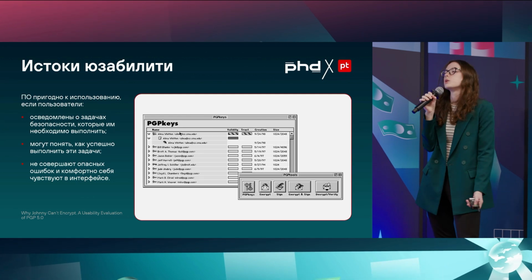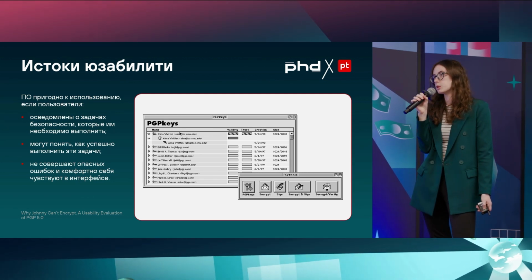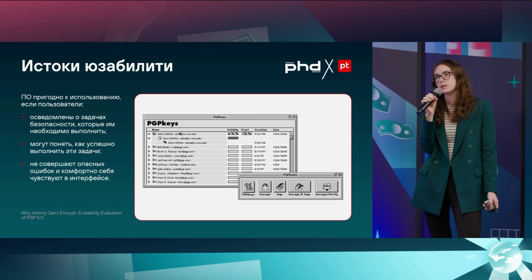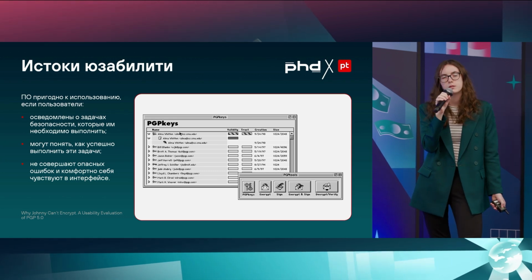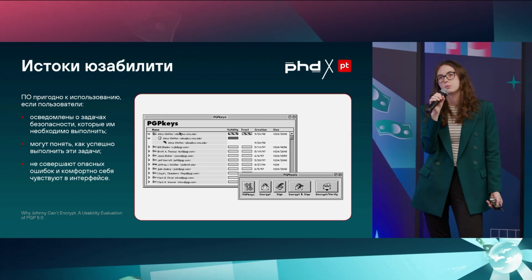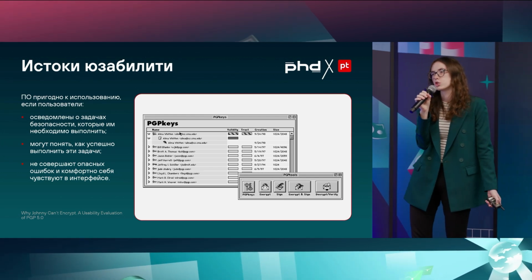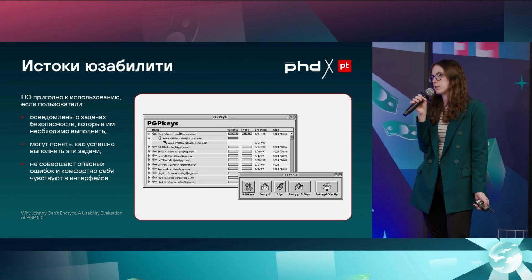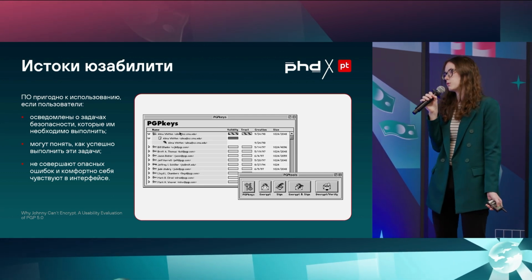Software would be usable if users understand the security objectives that the system has. And not only do they have to be aware of that, they've got to understand how best to do it. Well, the basic security is a basic need for individuals. In the interface, the user must not be able to make dangerous mistakes, and should feel comfortable. Comfort is quite an important criterion. A user should feel comfortable when interacting with the software.